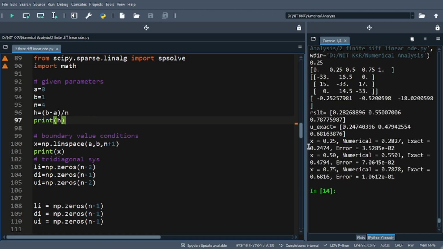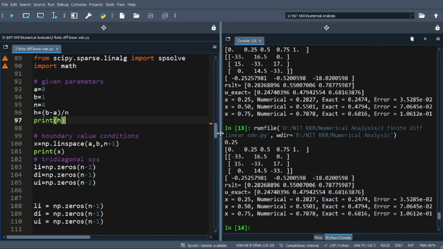This is just the solution for this. You can see the value of h, and x is the discretized value of x: 0.25, 0.5, 0.75, and 1. We have discretized this system using np.linspace from a to b with n plus 1 numbers. So we have printed all these numbers. Now in this case we have